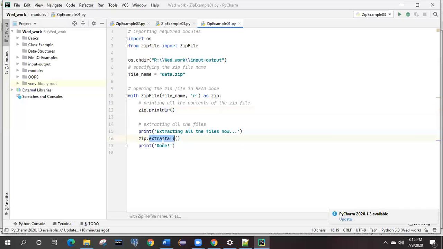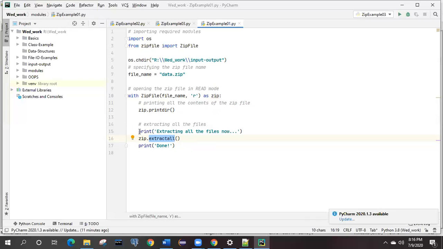So the method name is extractall. Okay. Extractall is the method which is inbuilt present in the zip file itself. For reading and extracting, these are the two steps, and this print statement is only to see if some issue is coming, and you will not come to know whether the program has executed successfully or not. Right? That time these logs will help you. Print statements will help you.